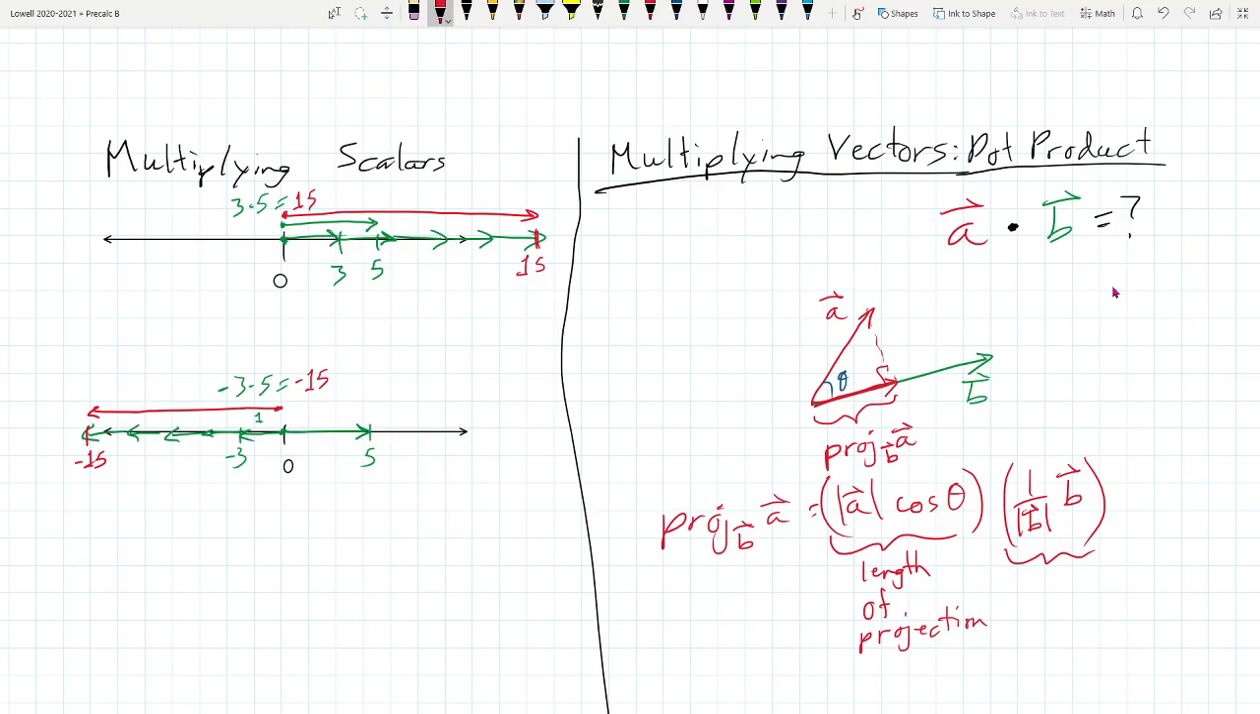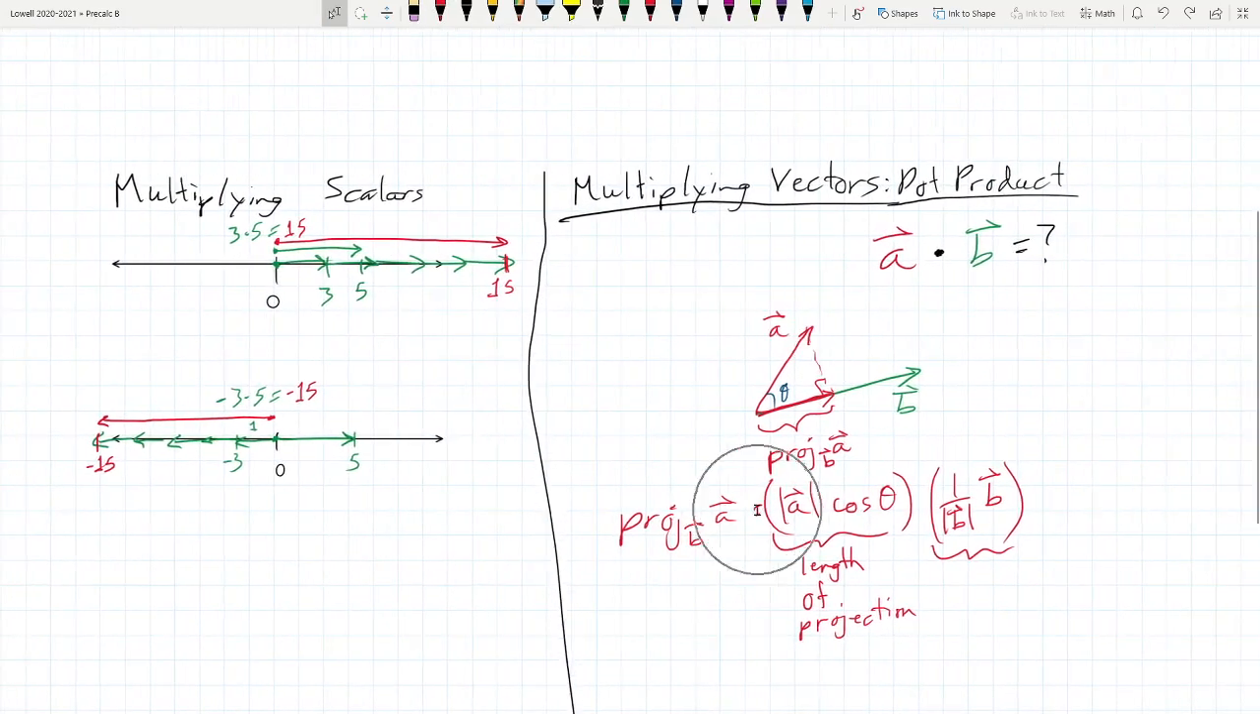And so we're actually really, really close to what we're looking for. Once we get these vectors in line, on the same number line here, we're really just multiplying their quantities. And so what we're really looking for with A dot B,